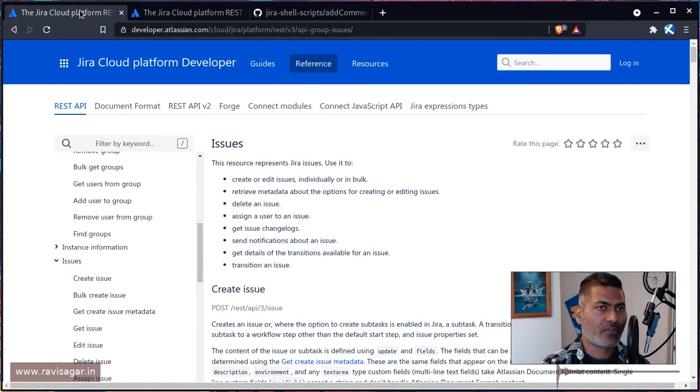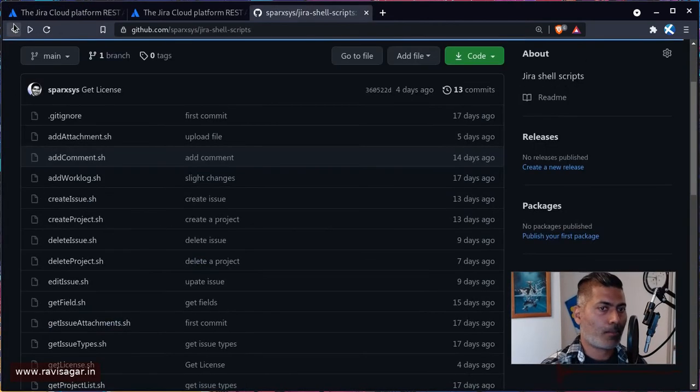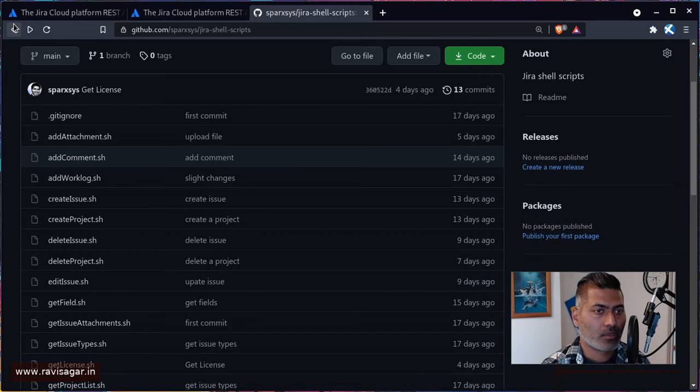Because I have different shell scripts, I can combine these things together. For example, if someone asks me to get a list of all the issues for a specific project and dump it into a CSV, I can do it by simply running a command.